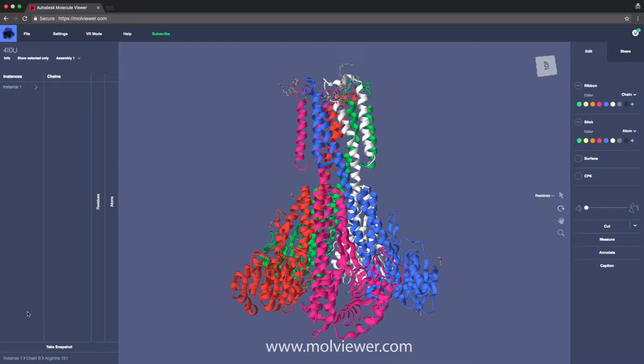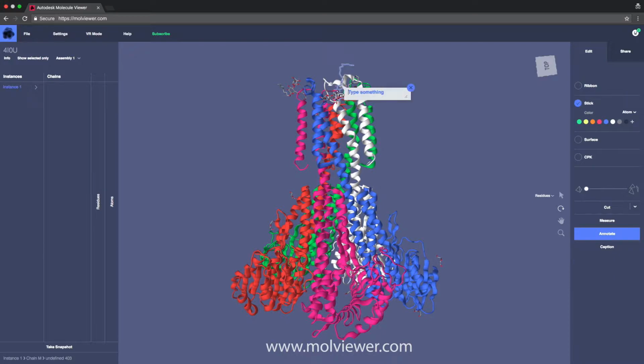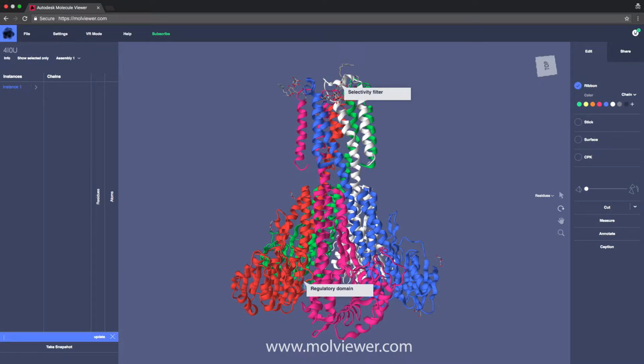So what I'm going to do here is make a couple of annotations. So right here, I'll call this the selectivity filter. I'll get to that in a minute. And here I'll call this the regulatory domain. Then deselect annotations, and I'll take a snapshot and call it, let's say, channel profile. Good. All right. The function of taking a snapshot is it saves the current